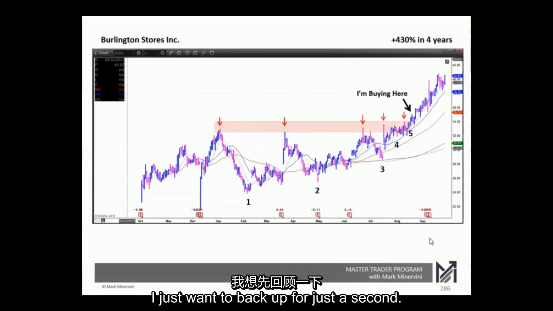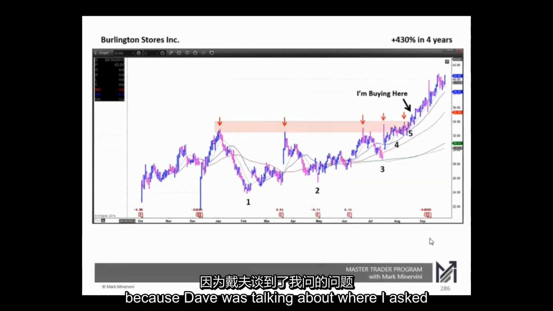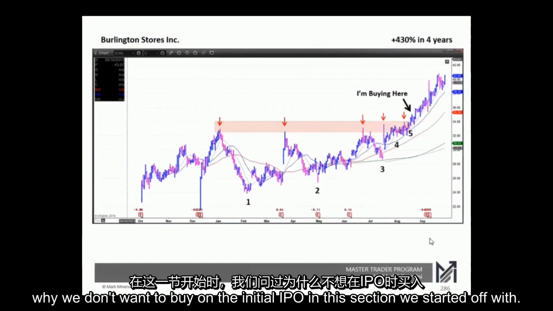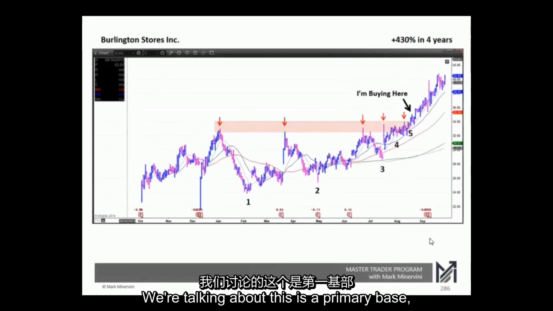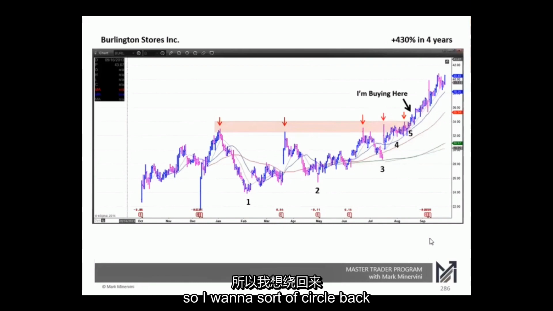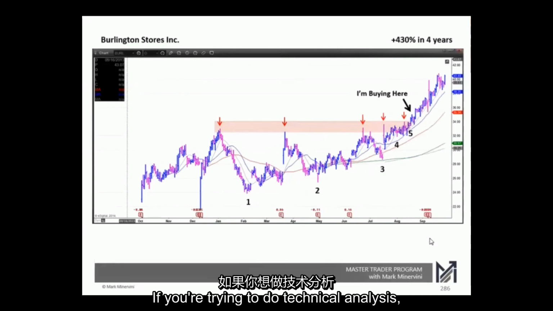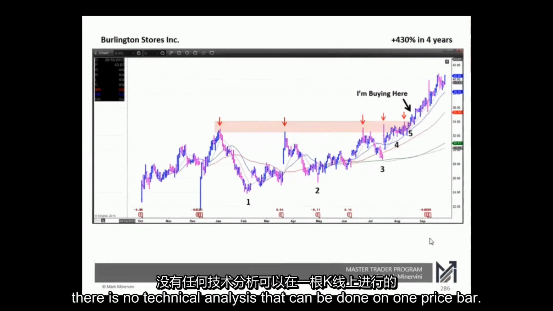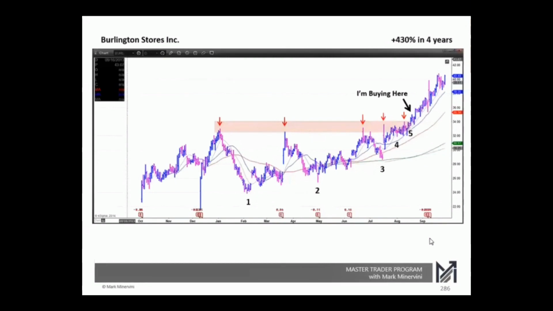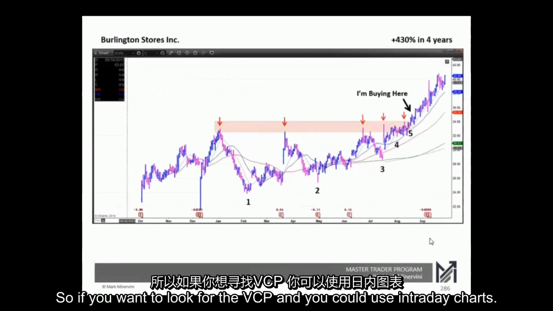Also, I just want to back up for just a second, because Dave was talking about where I asked why we don't want to buy on the initial IPO. In this section, we started off with talking about this as a primary base, of course. So I want to circle back and tell you that another reason we don't want to buy on the IPO is that there's no price action. If you're trying to do technical analysis, there is no technical analysis that can be done on one price bar. So if you want to look for the VCP,